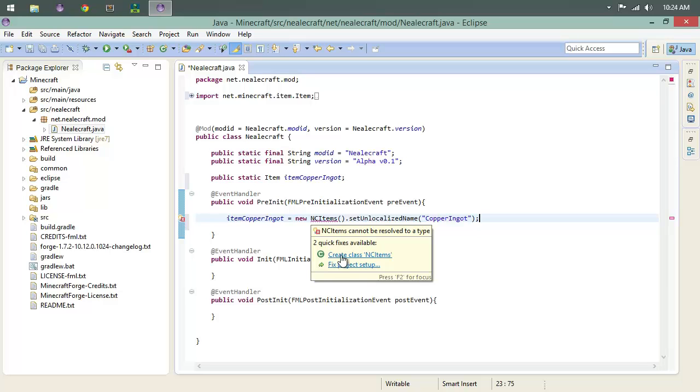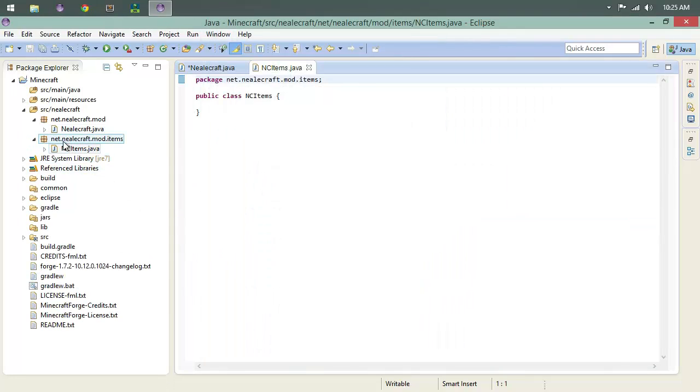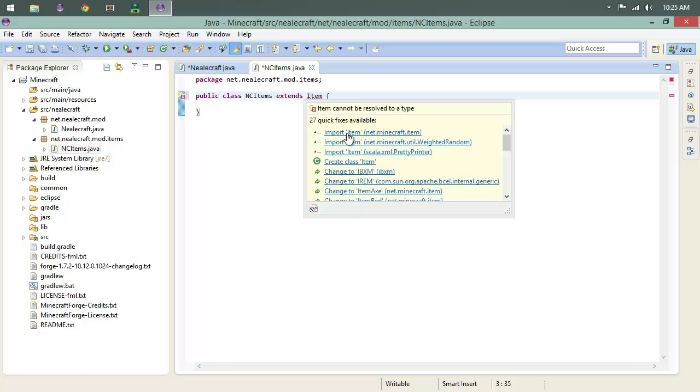So what we'll do is create a class for NCItems, but I want to put this in a new package. So after my nealcraft.mod.items, we're going to do that. We're going to hit finish. And now you'll see that we have another package over here on the left with NCItems, and we are going to get that rolling. So NCItems extends the Item class. We're going to be borrowing the properties from the Item class, so import that from net.minecraft.item,